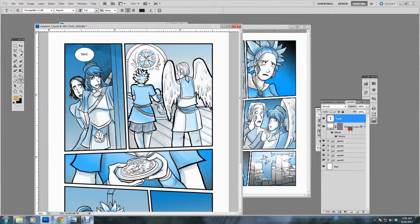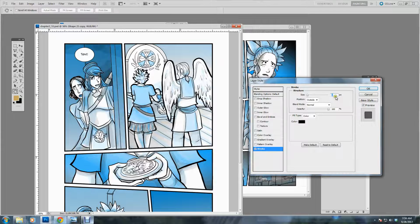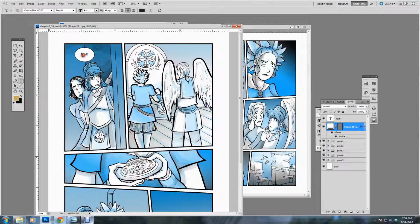It's a vector shape that you can make using this tool, around the ellipse tool in Photoshop, right there. It's white. It's got an effect, which is a stroke of 3 pixels. And my text inside is just a text layer. It's Cloud Splitter 4-point. We're working at 600 dpi, so it's pretty tiny, but it'll work out well when I save it for the web. So now I just start writing my text. She's calling out to Rana,